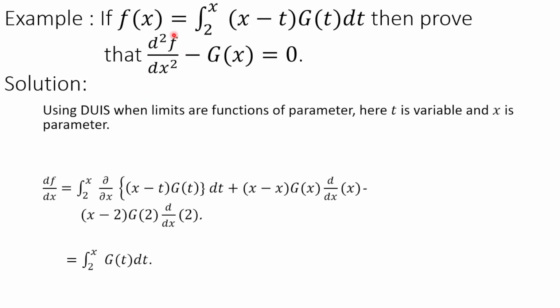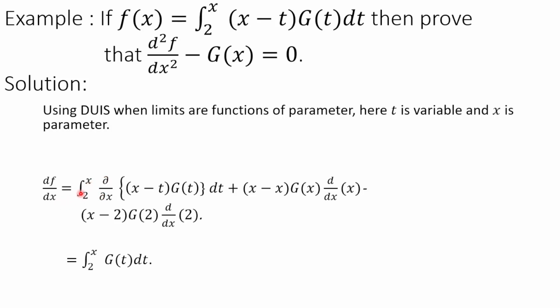As we can see, d2f by dx square. That means we are applying DUIS two times for getting this differential equation. Now we are using DUIS, but our limits are functions of parameters. So we need to write it as df by dx will be equal to integral 2 to x ∂/∂